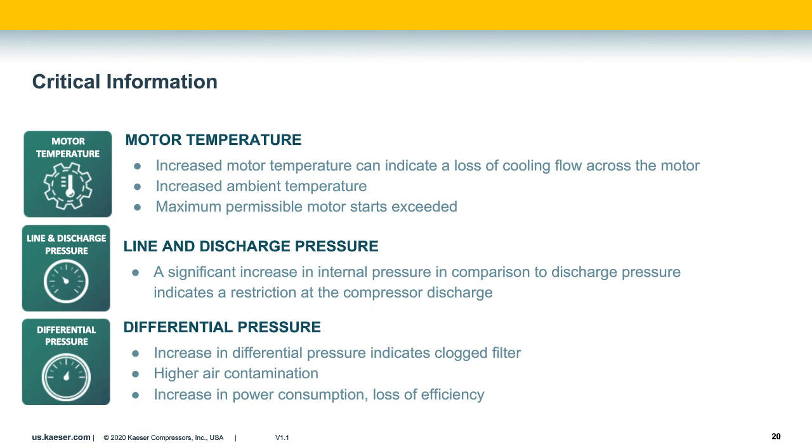Pressure, besides temperature, is another critical value. We're talking about line pressure or downstream pressure, and that could also be discharge pressure from the compressor. Compared to that, an elevated internal pressure could be a sign of a restriction at the discharge of the compressor or internally. Maybe you have an issue with the oil separator, or maybe there's an issue with your minimum pressure check valve